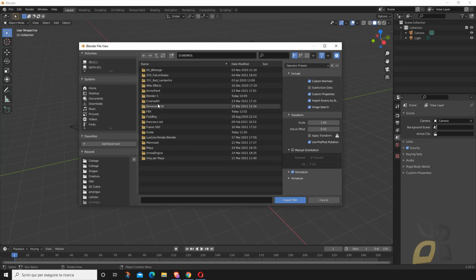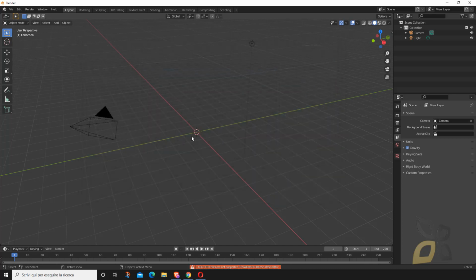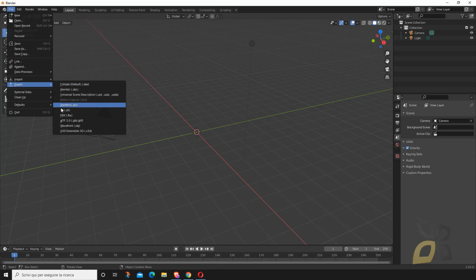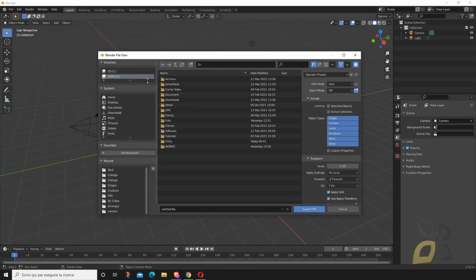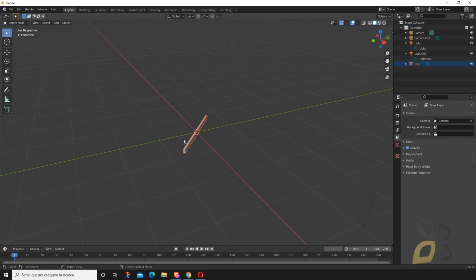So if I navigate to the folder where I am saving stuff, let's check this stud because we did this together. If I import this, okay, you can see here it's telling me that ASCII FBX files are not supported. This is why you always have to test. So in my case, I've already exported another FBX, this time using the binary option, not the other one that we saw before. I called this stud2. Import FBX. Okay, now you can see it, but you cannot see the materials.